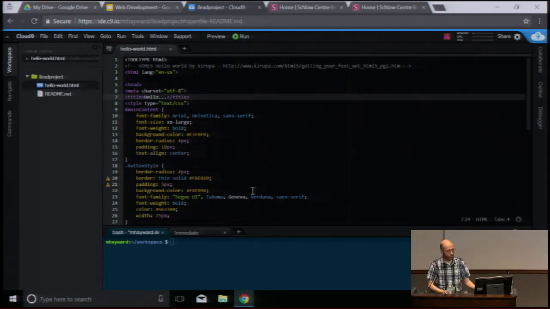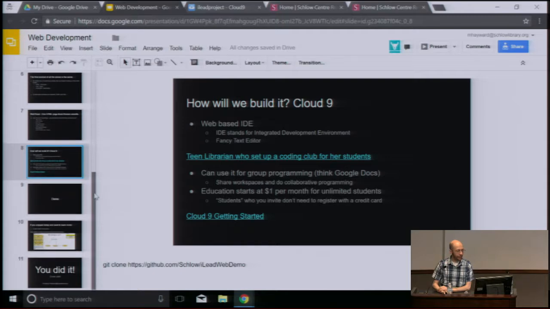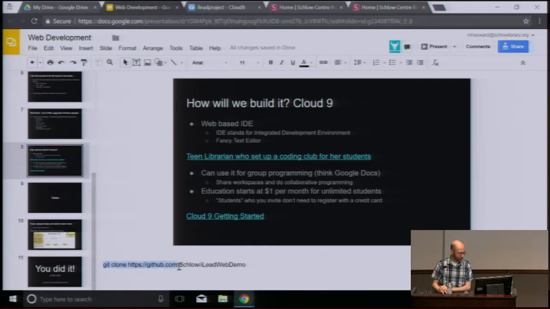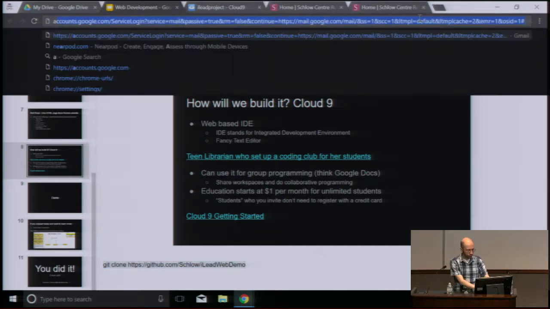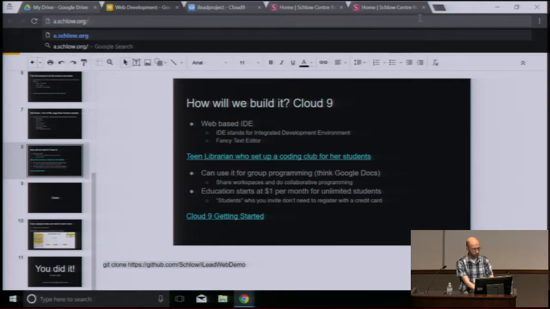So now I'm going to have you type in a command in the terminal, and we're going to pull in some files that we're going to need to make this website. If you have the presentation open, it's actually down here. We're just going to copy and paste it. If you don't have it open, you can just type it in. If you want to open the presentation, you can go to